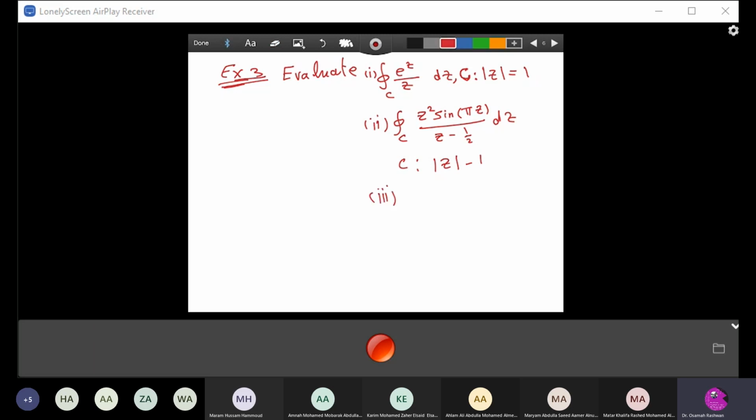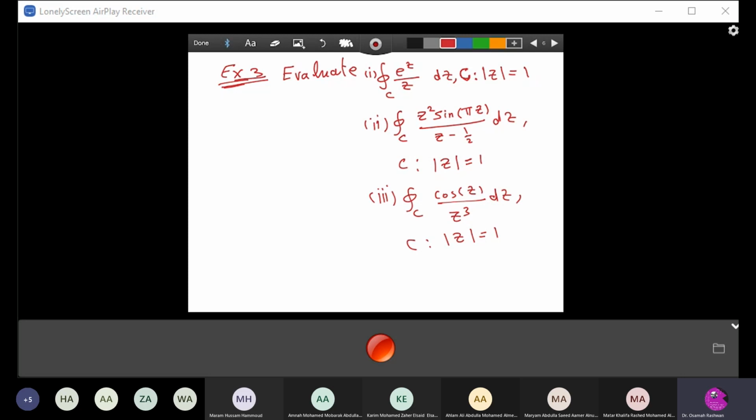Last one, integration over a closed contour of cosine z over z cubed, dz, and I will also have my C is